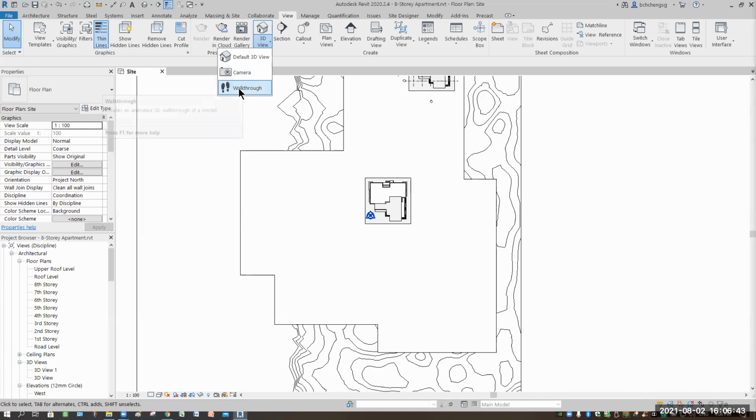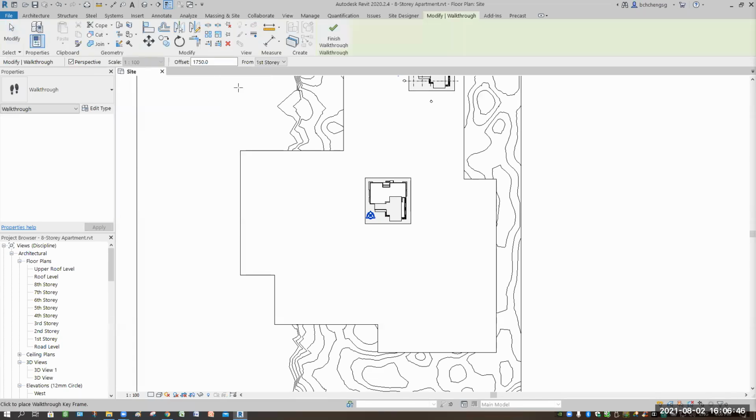Now for walkthrough, all right, you notice that you need to do what? You pick a point. For instance, walkthrough perspective, scale, cannot control, height you can set. So 1750 is around my height. If you base on eye level, I think it's quite low because if you calculate backward maybe only 1.6 or 1.650. All right, this offset is actually the eye level,